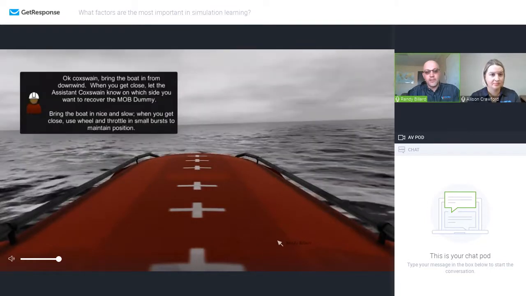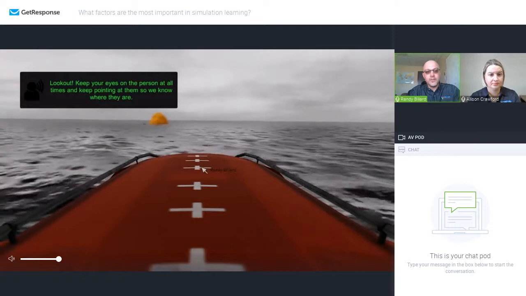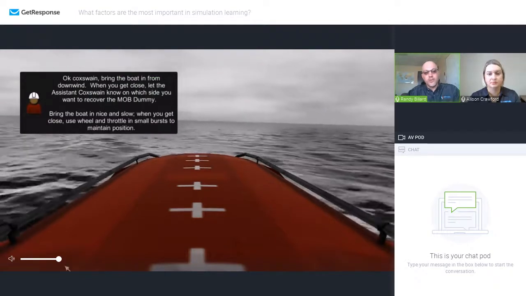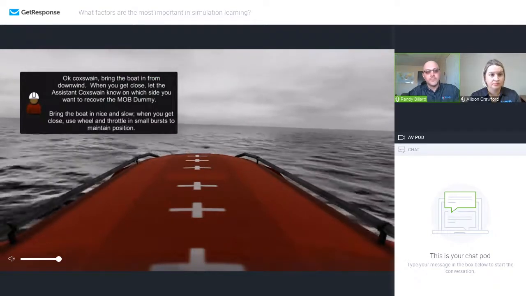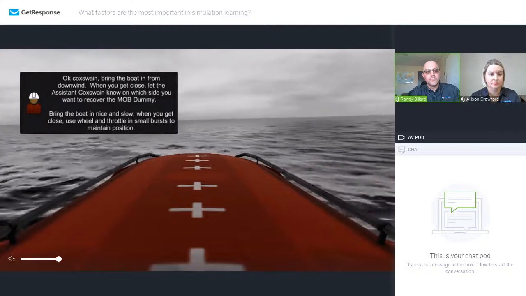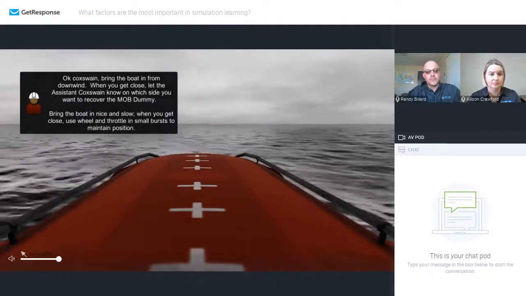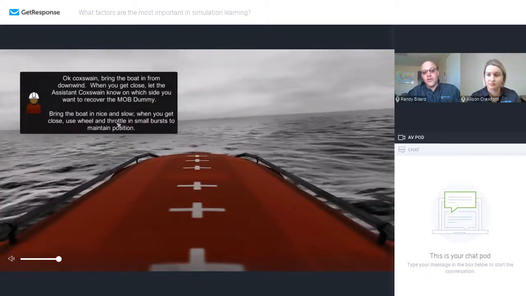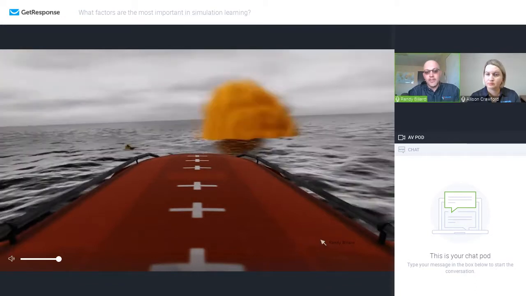a scenario where you had to recover a man overboard. Okay, coxswain, bring the lake and come downwind. When you get close, let the assistant coxswain know on which side you want to recover the MOB dummy. And they're also told how to do it and given some coaching. So again, we could vary the difficulty just by not having as much coaching in. And I'll move forward to when he actually does the pickup, he or she, I guess,